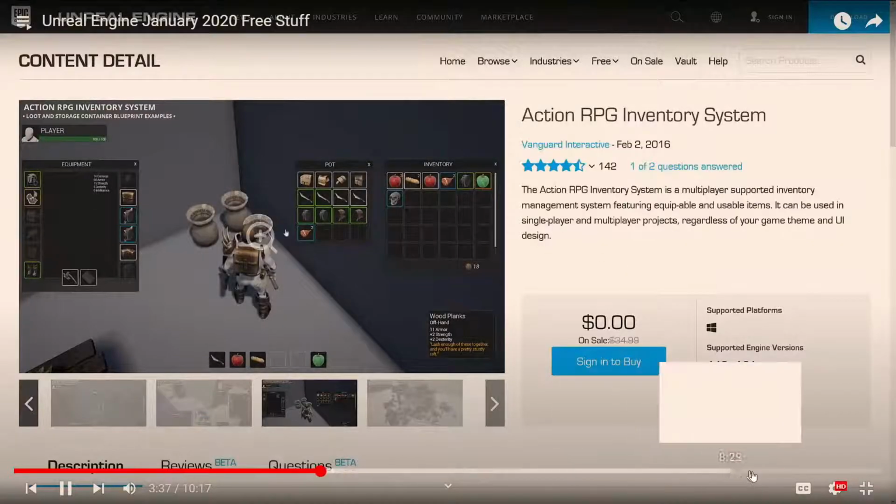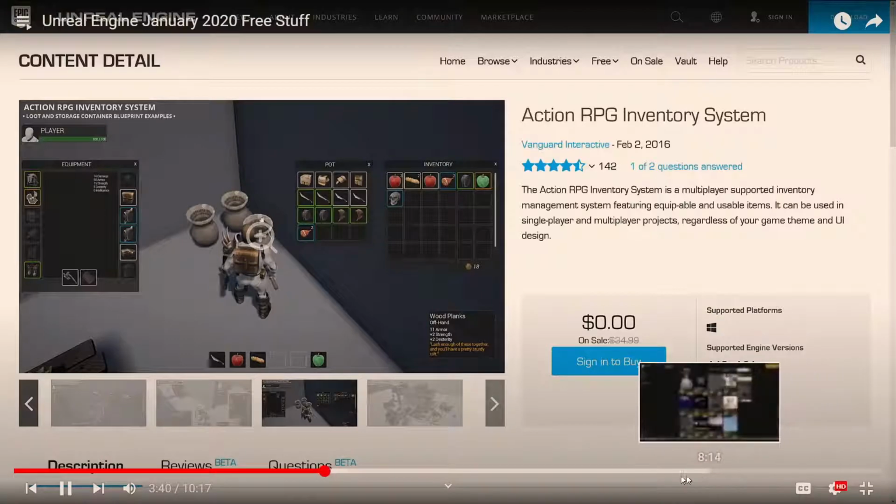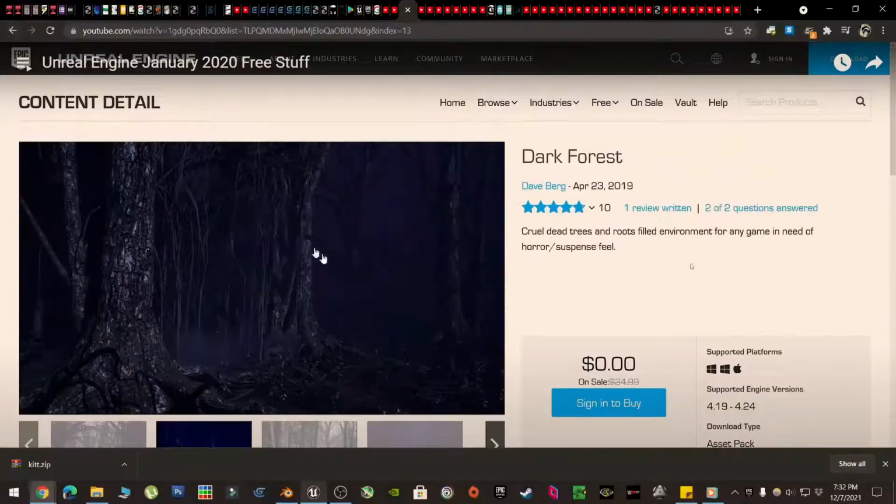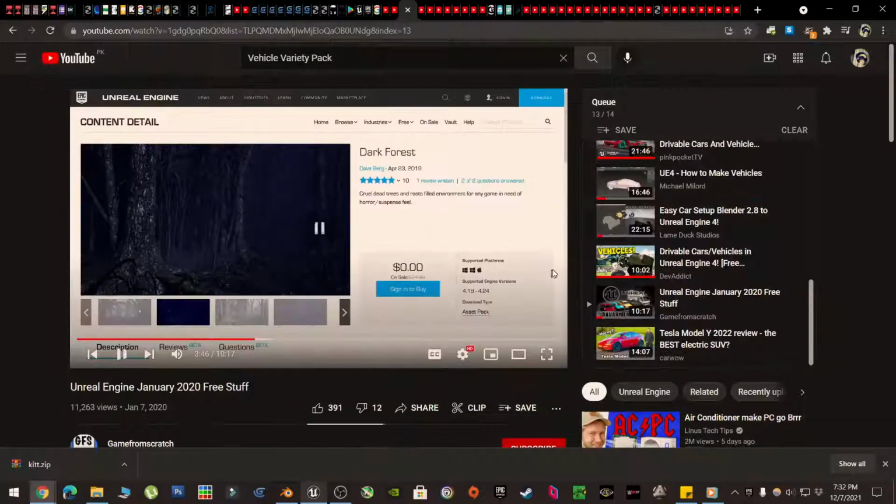An inventory system, a set of blueprints for handling inventory in your game, plus some UI files to make it work. Next up we have Dark Forest. This one is also pretty straightforward. This is a collection